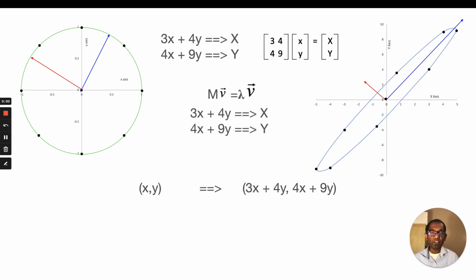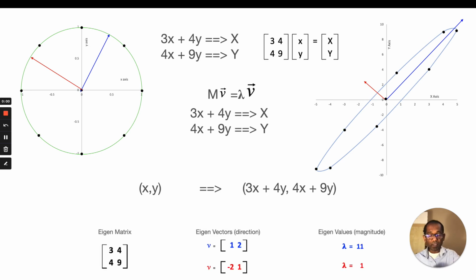Now, looking at the equation of this transformation, we have a matrix, we multiply that with a vector, and that gives you the same vector multiplied with a scalar. The vector is called the eigenvector and the scalar is called the eigenvalue. So there are two possible values for which this equation is valid. When you calculate, you get eigenvectors 1, 2 and minus 2, 1 with values of 11